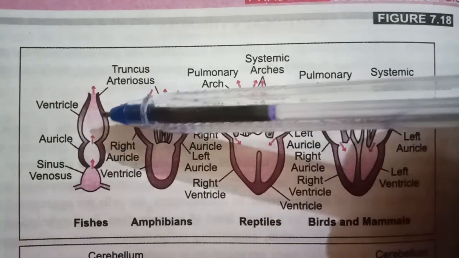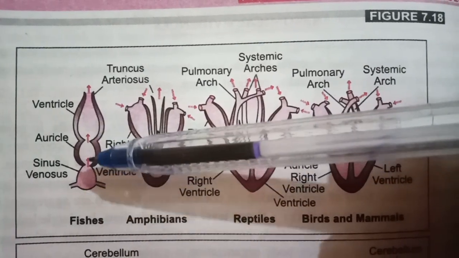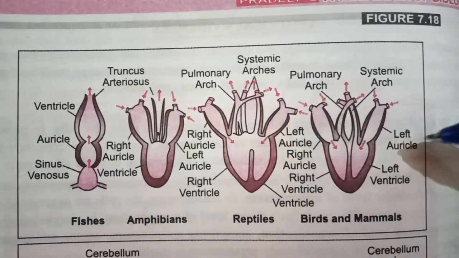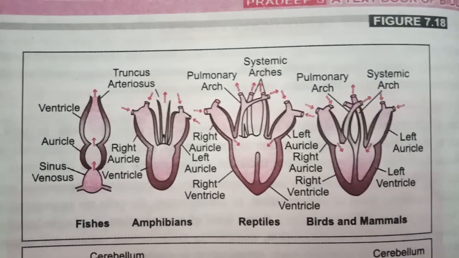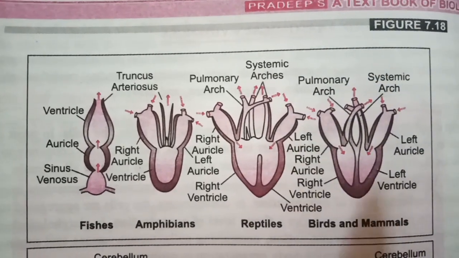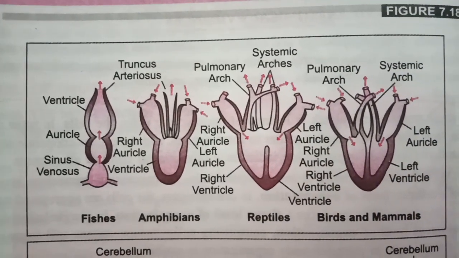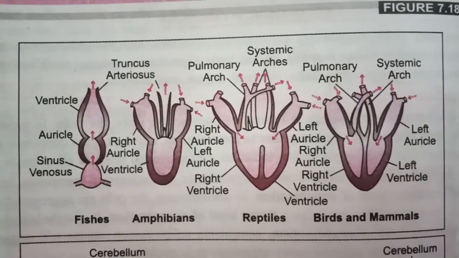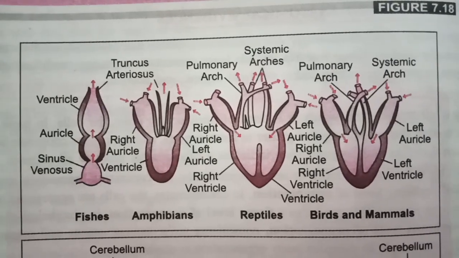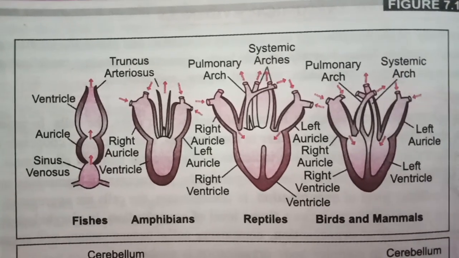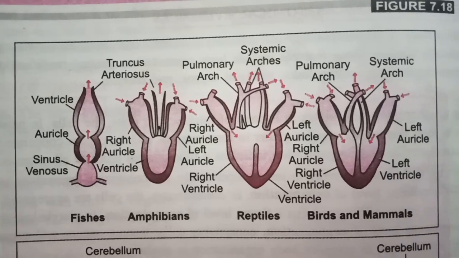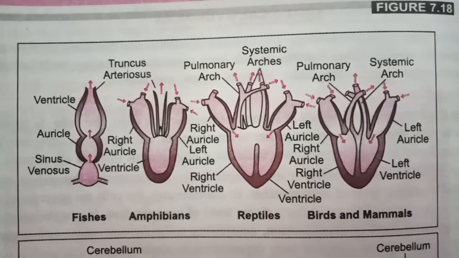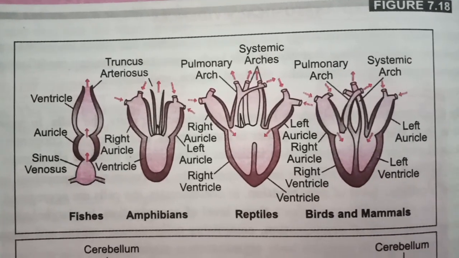How? Because they consist of auricle and ventricle regions. Here also, auricles and ventricles are present. So in all the cases they have auricle and ventricle chambers. But how are they different, that is, how do they perform different functions? In all the cases they follow the same function, circulation, but the function differs because of the complexity of the structure.